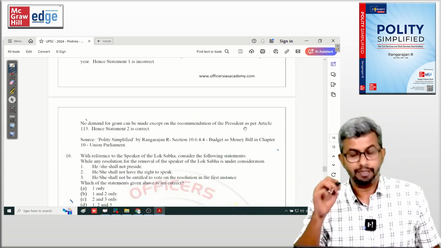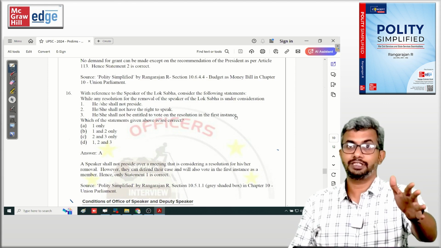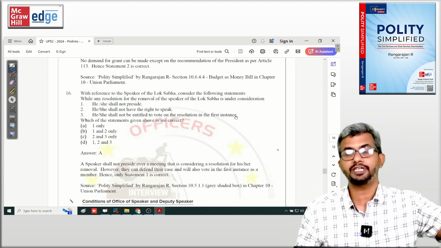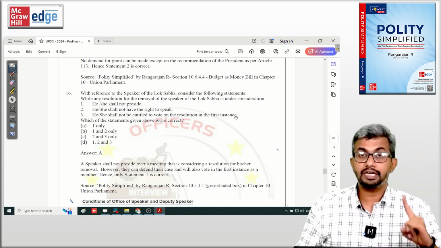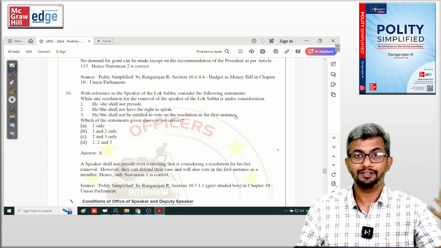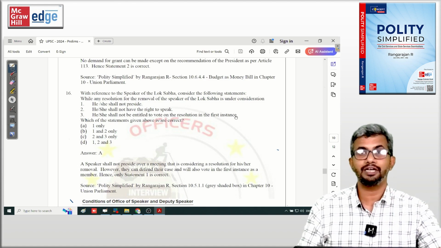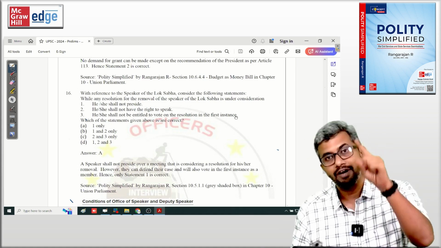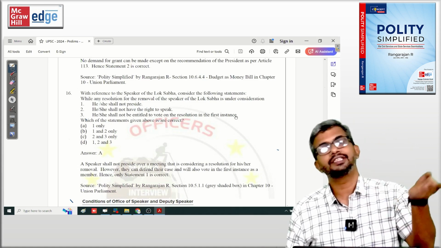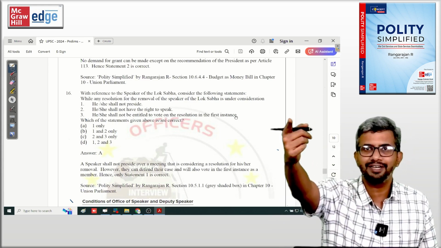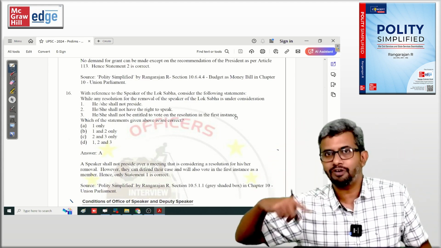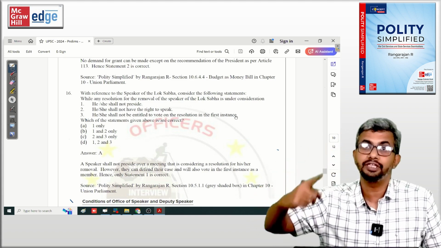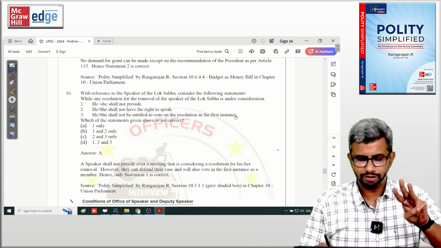Straightforward, and it is covered in the parliament chapter. With reference to the speaker, again, straightforward question. When it is a resolution for the removal of the speaker, she shall not preside. Correct? She shall not have the right to speak. Everybody will have the right to speak. You will not be damned without giving an opportunity of being heard. So the speaker can defend his case in the Lok Sabha. And this is the only instance when the speaker will vote in the first instance as a member, because they will not be presiding over it, but they are a member of the Lok Sabha. So resolution for their removal is the only instance when they can vote in the first instance as a member. So the third statement is also incorrect.